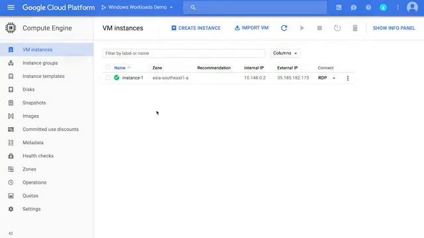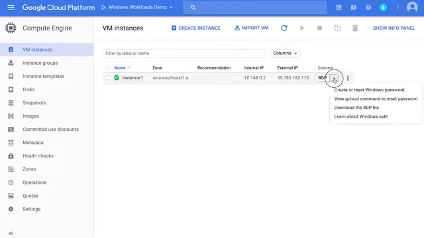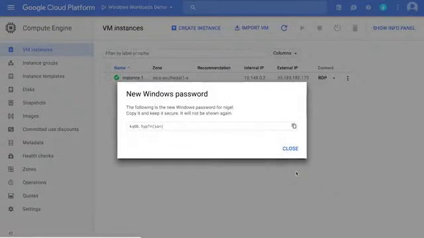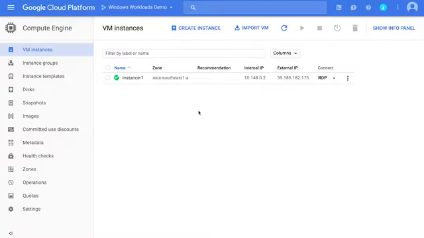Okay, now the VM is ready. To access Windows virtual machines on Compute Engine, we'll need to perform a couple of simple operational tasks. First, we need to set a password, which we can do by clicking on the menu and then selecting Create or Reset Windows Password. On this form, we'll hit the Set button and then our password will be displayed. We'll need to keep a safe record of this for our own use. I paused the video just before the password was displayed and copied it to my clipboard. Now I can use it to RDP into the machine.